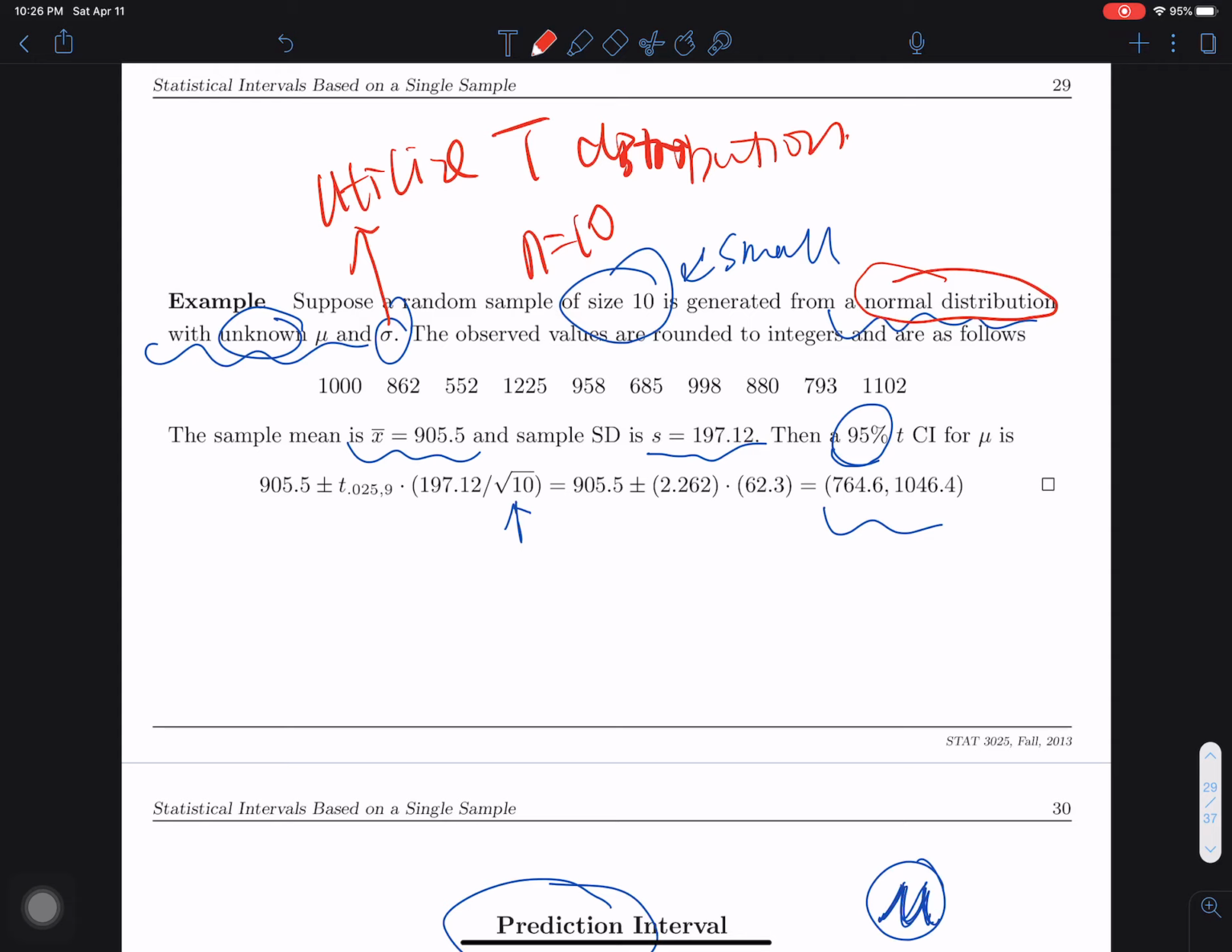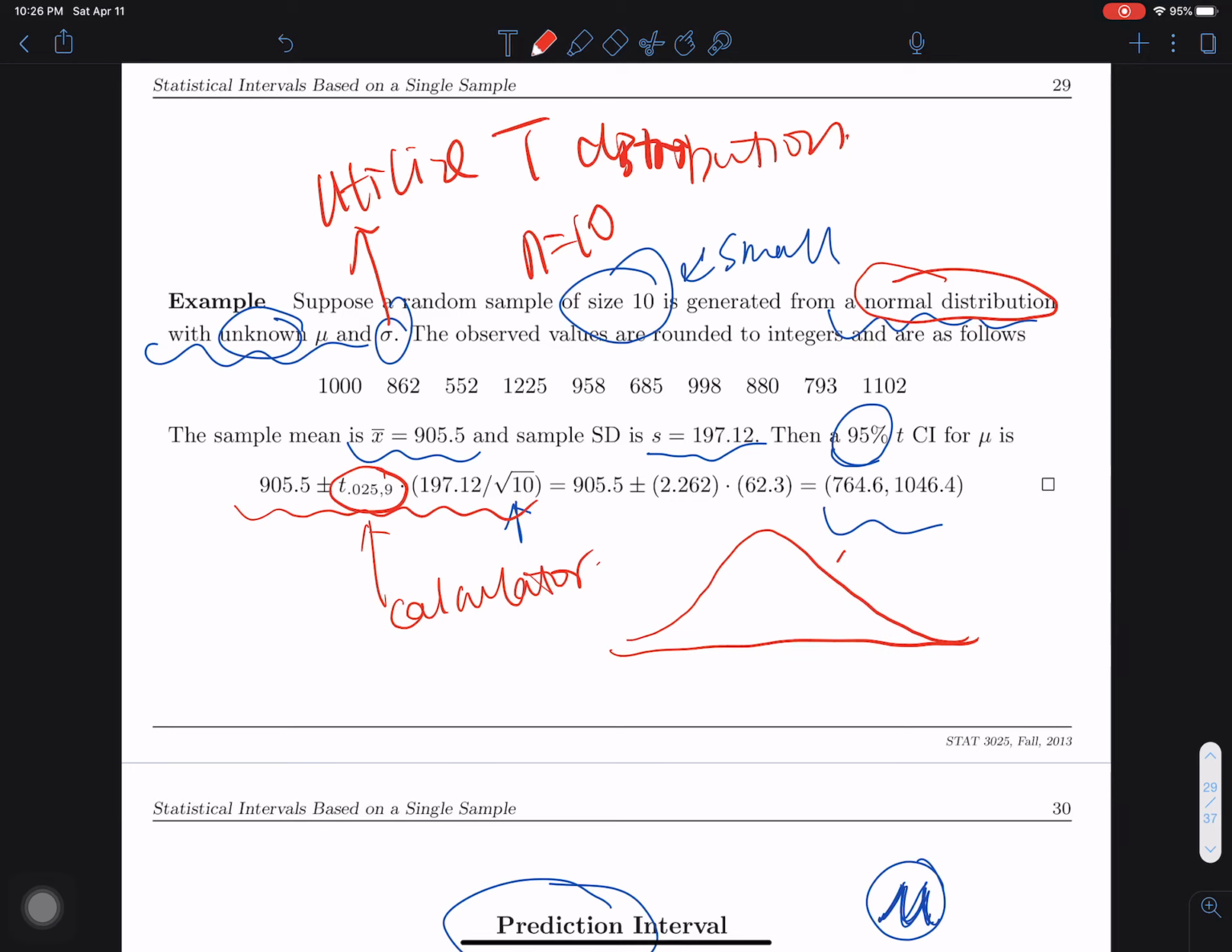Then by plugging in the numerical values, we get the formula for the upper bound and lower bound of the confidence interval. And the key point is that we should find this number. You can find it from your calculator. So what is this number? This number is just to find